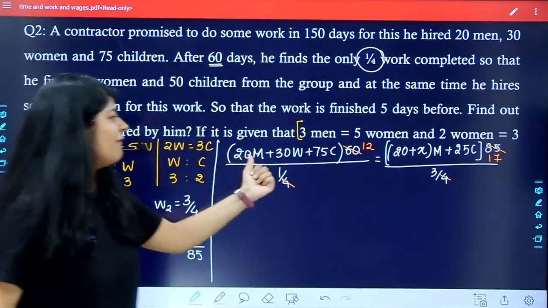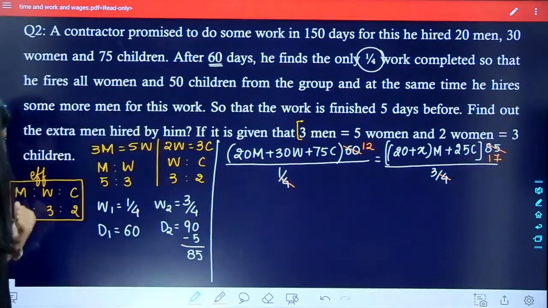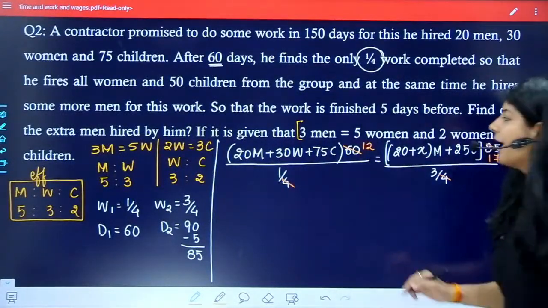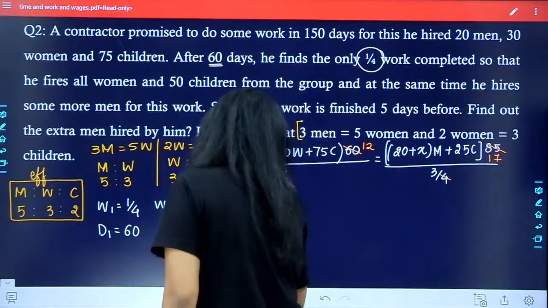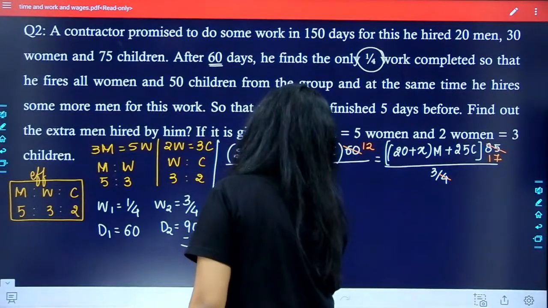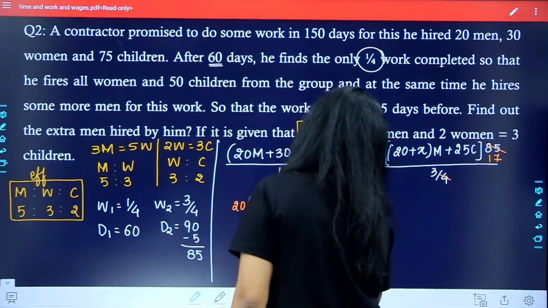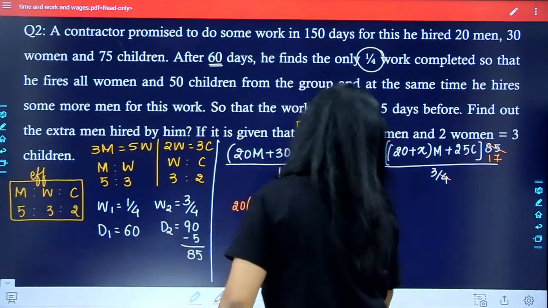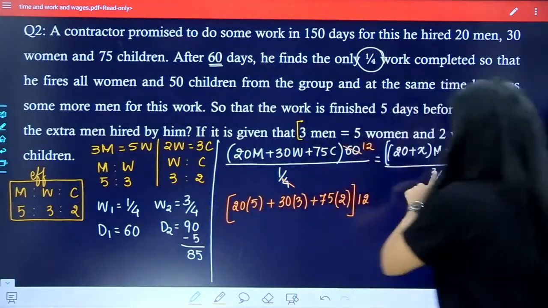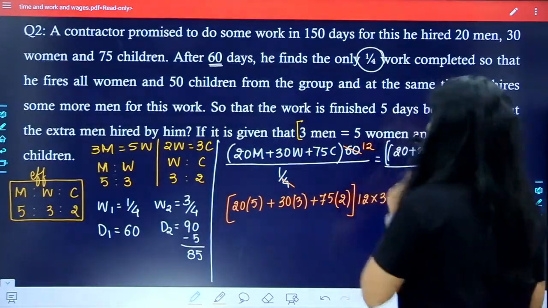Now as we have MWC, we have to eliminate these as well. So we have to put the efficiency over here. So we can say that 20, the efficiency of a single man is 5, plus 30, the efficiency of a woman is 3, plus 75, the efficiency of a child is 2. Now this term is multiplied by 12 and we transfer this 3 over this side, so we can write it like this, and this should be equal to